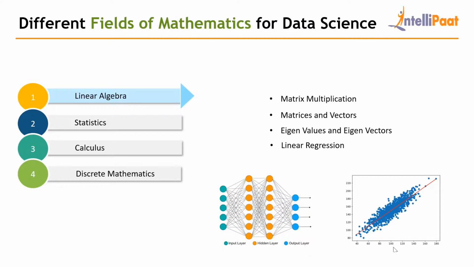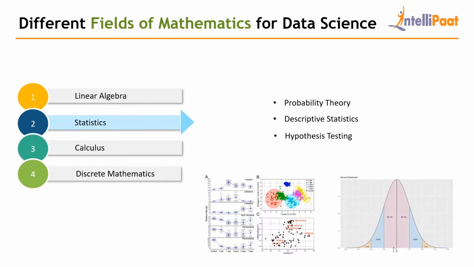Now next is statistics. Statistics is considered the heart of data science because without the use of graphs, plots, and various statistical parameters such as standard deviation, mean, and median of the values, we cannot come to any conclusion. Various graphs and plots help us to visualize the data and classify it according to various labels, so that we can understand the data and the trends and patterns in the data effectively.